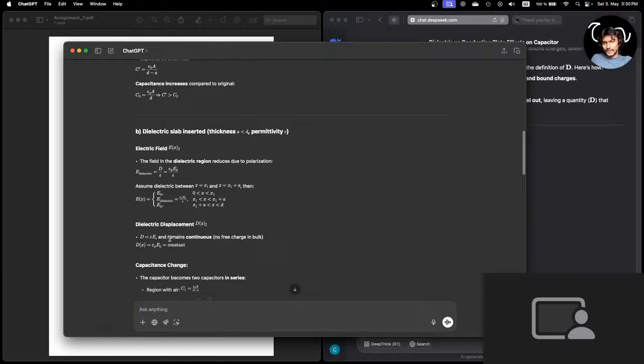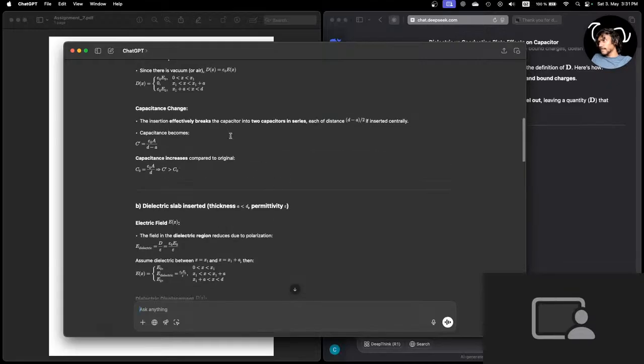Okay, that's the reason. It's gonna be epsilon 0 by E0 by epsilon 0. The electric field inside the dielectric is